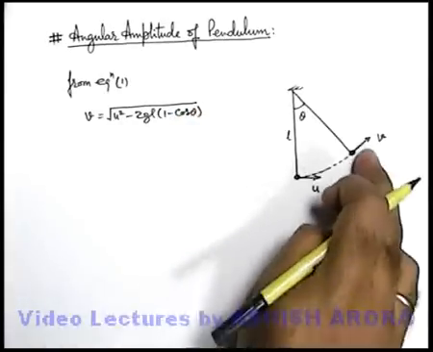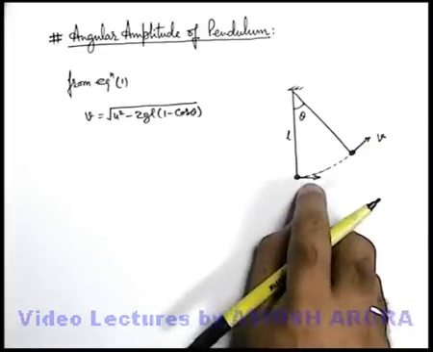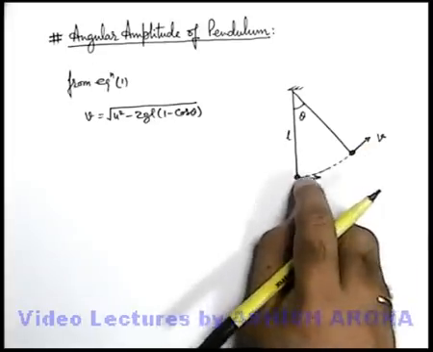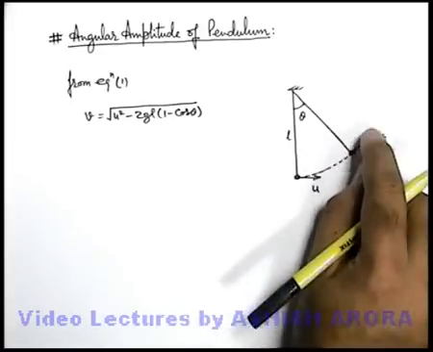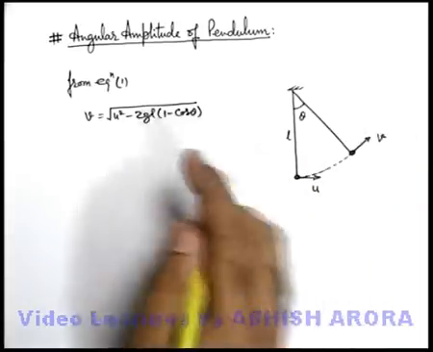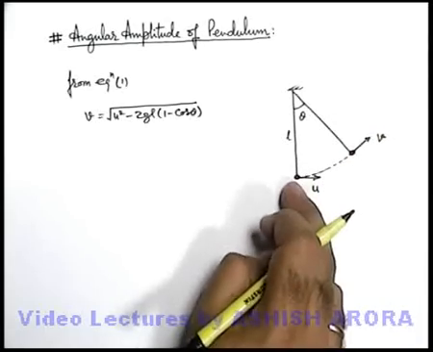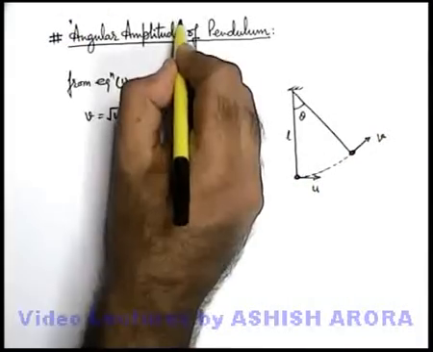Now as it is going up, we can see that the speed is decreasing. If we throw it with a small speed, it is obvious that it will move up to a particular angle and then finally its speed will become 0 and then it will return. So the maximum angle up to which it will move and then come back, that angle we call angular amplitude